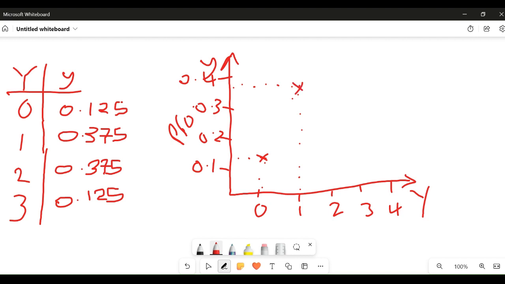Okay. What's the probability of having 2 heads? That's also 0.375. Trace it to the top. What's the probability of having three heads? That is 0.125. Probability of having four heads obviously will be zero. So now, if you join all these points together,